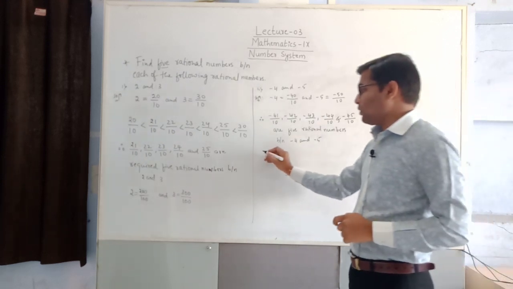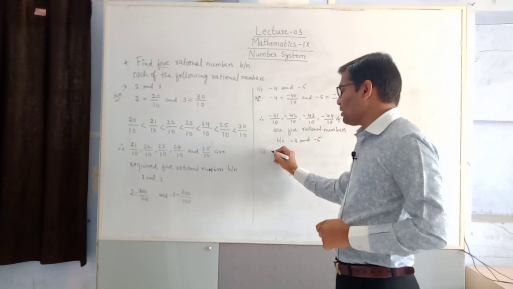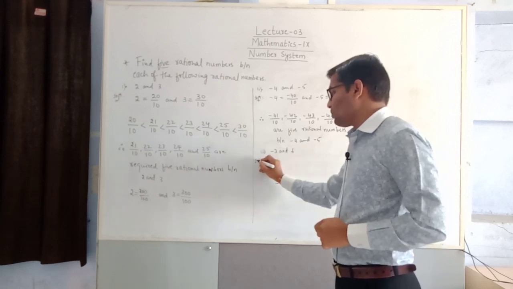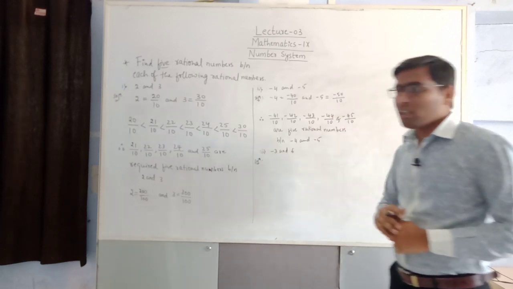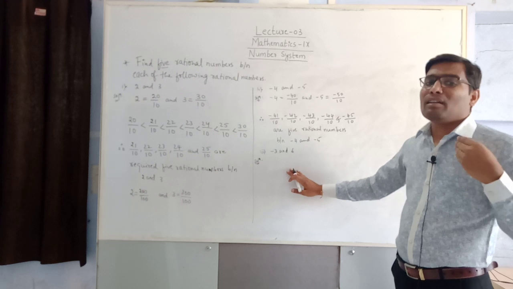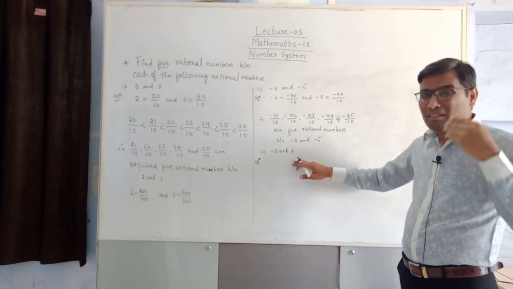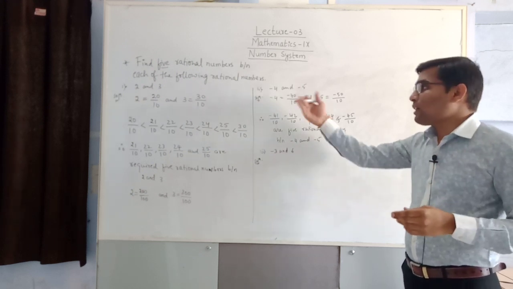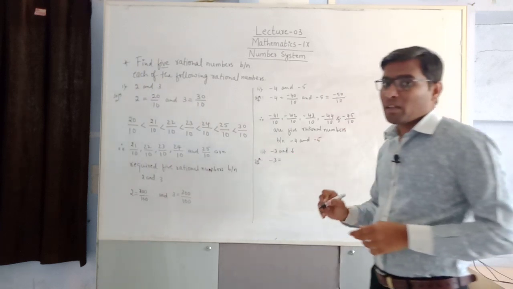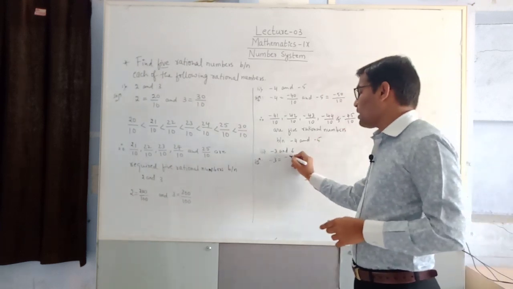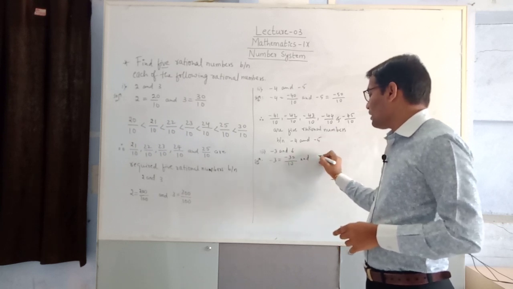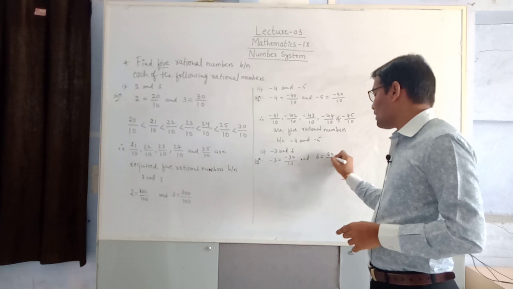Now how to find out when one is negative and another one is positive. In these kinds of problems you can get n number of rational numbers, maybe more than the 5 required numbers. So how to find out? First convert -3 into the p by q form. That can be written as -30 by 10, and 6 can be written as 60 by 10.